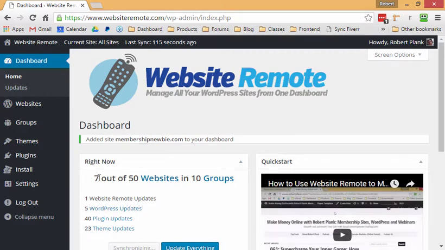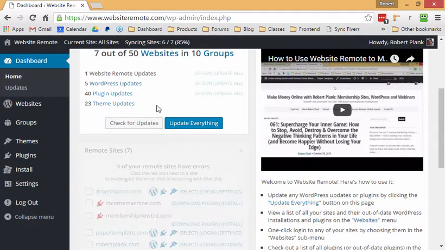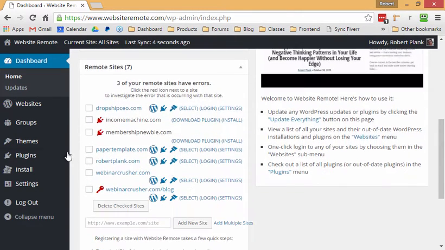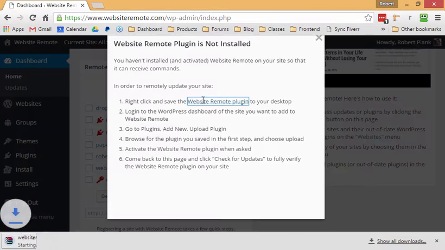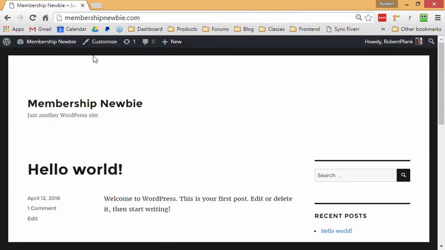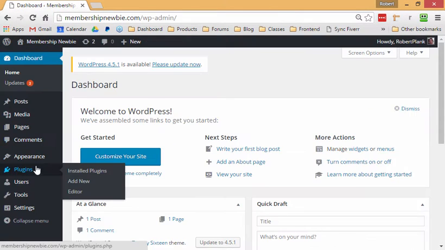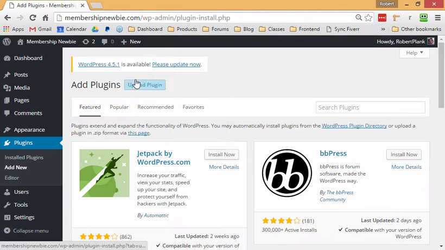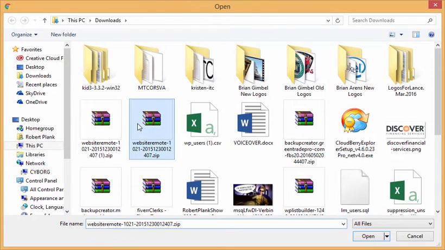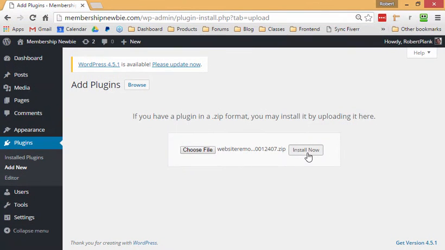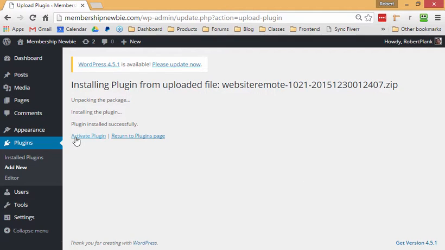And now we're managing 7 sites, and we can see that some of our sites are out of date. And then if we go and look at Membership Newbie here, we see that, well, we don't have the Website Remote plugin. We have to install this on the receiving site. So I'm going to grab this plugin here, and I'll go to the new site that I've installed, and I'll go to Plugins, Add New, Upload Plugin, and the plugin I will upload is called Website Remote. So I'm going to install Website Remote, activate it,